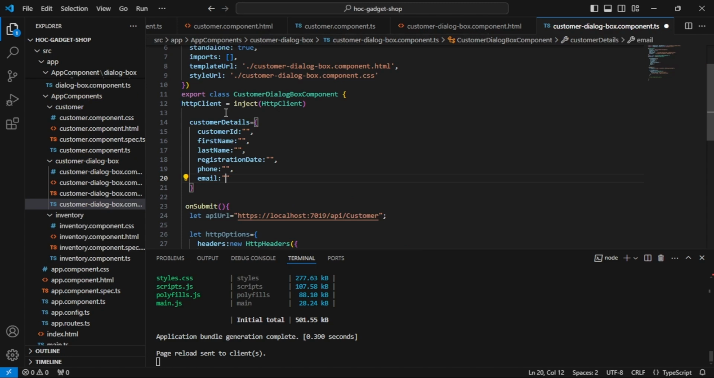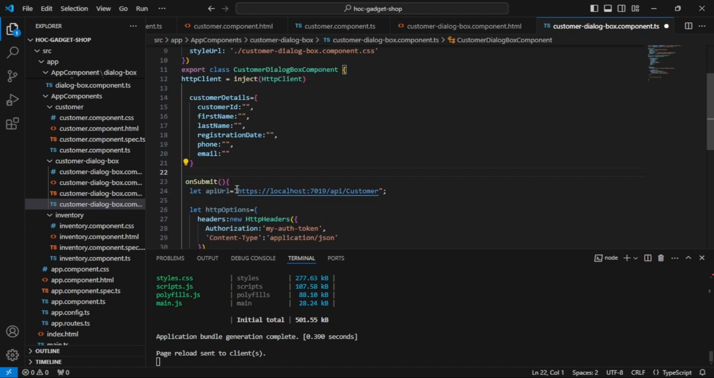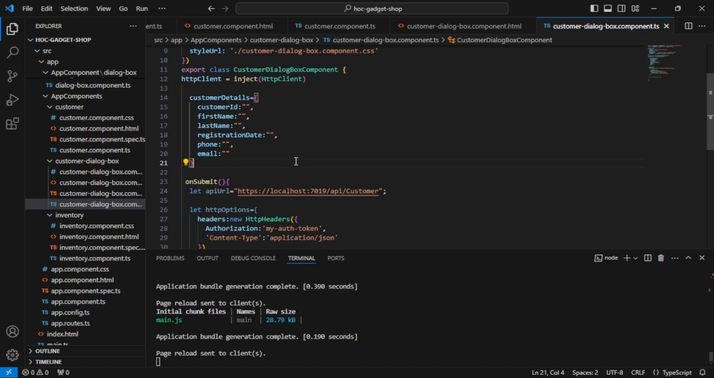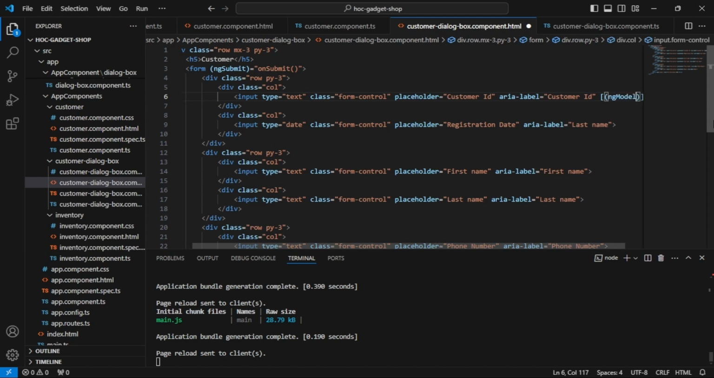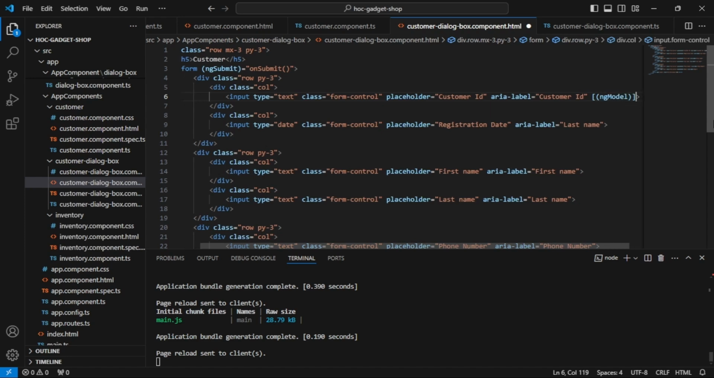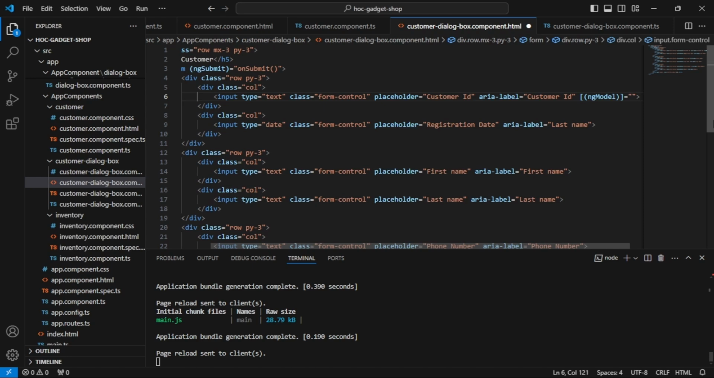Okay, so this is all of the information that we would be sending. But how do we bind the data from the HTML to this particular TS file? For that, I'll just save this once and we'll just take the name of this object. Over here, we'll come to the customer dialog box component.html file. Here we need to bind it. So this is going to be through ngModel, and the value would be customerDetails